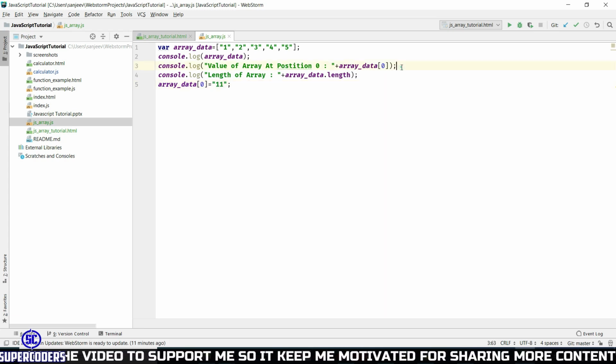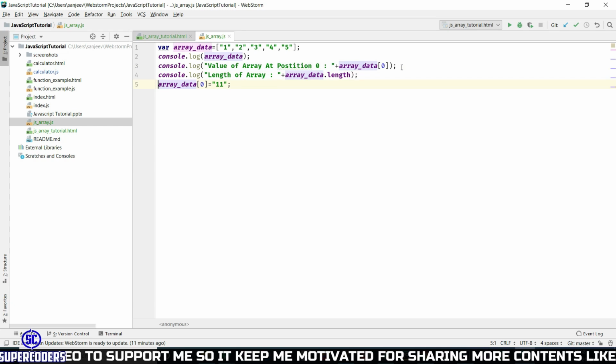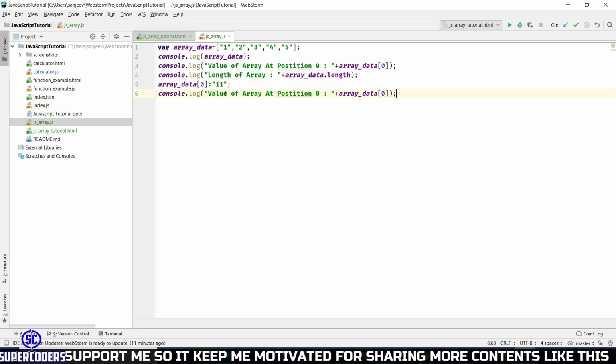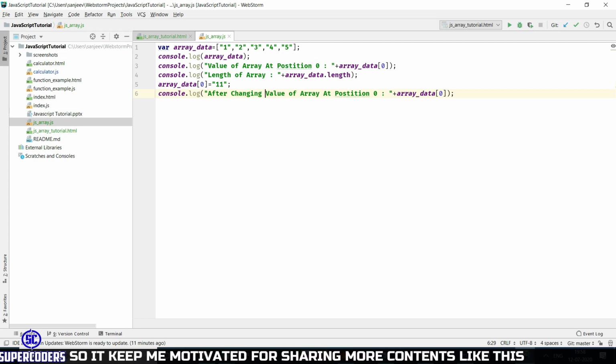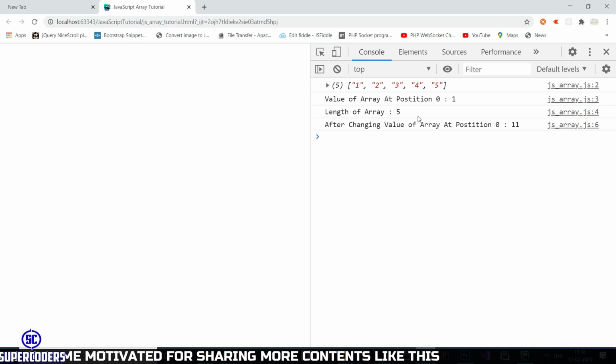Now let's copy this line and see what happens after changing the value. So you can see first it's 1, then I changed this value to 11, so it's working. In this way you can access the value, you can change the value, and you can access the length of the array.